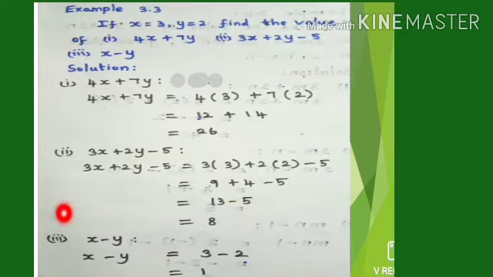In the next expression, x minus y is an algebraic expression. Now, we have to replace each variable by the given numerical value to obtain an arithmetical expression. That is, the value of x is 3 and value of y is 2. Here we get 3 minus 2, an arithmetical expression. Now, 3 minus 2 is 1. The value so obtained is the required value of the expression.